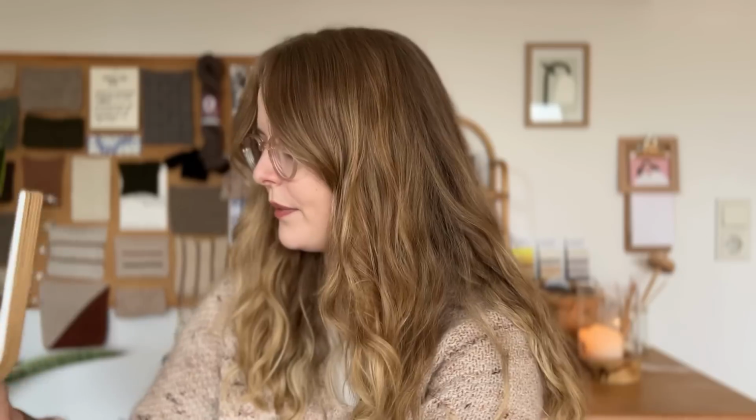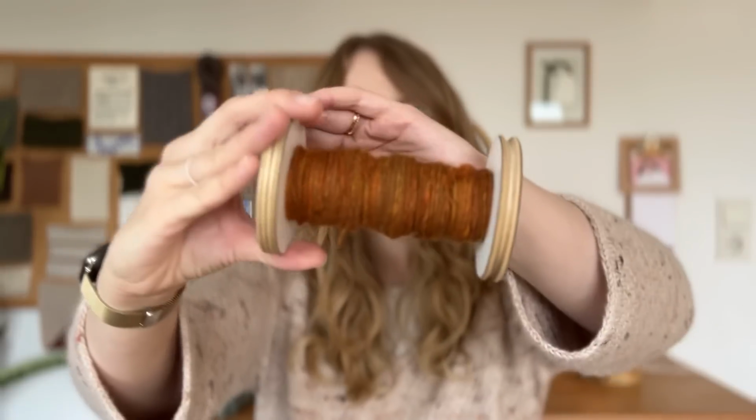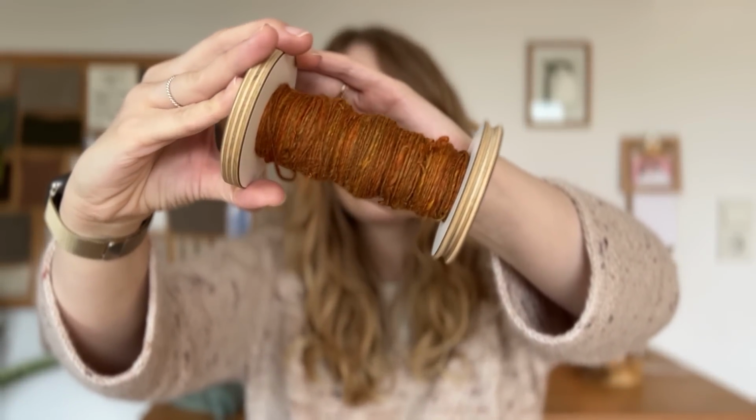Let me just actually take off the bobbin. That shouldn't be too bad. I just want to show you guys. It is actually quite easy to take off because there's kind of a magnet in it. So it's quite easy, and this way I'll be able to show you. This is my first